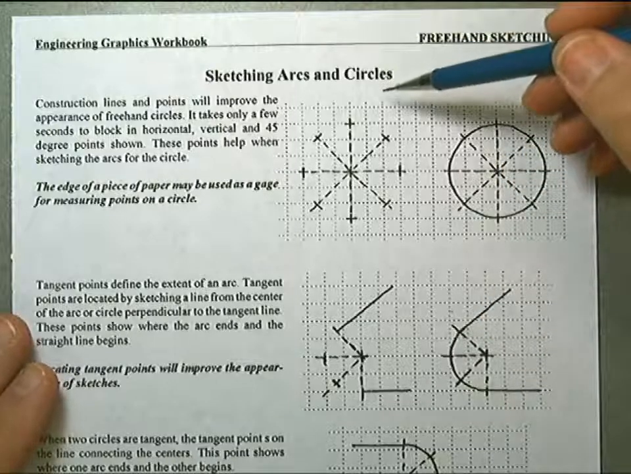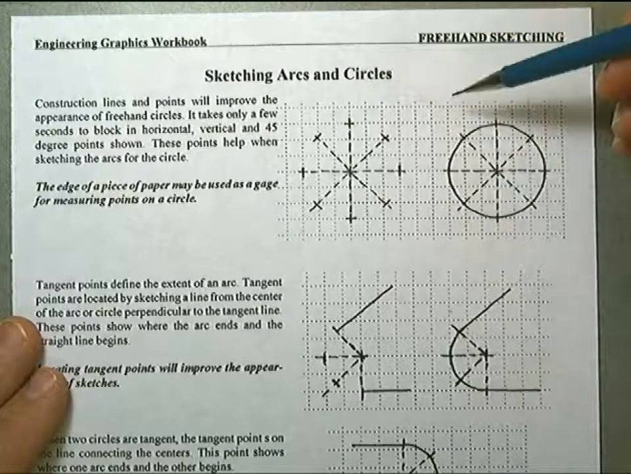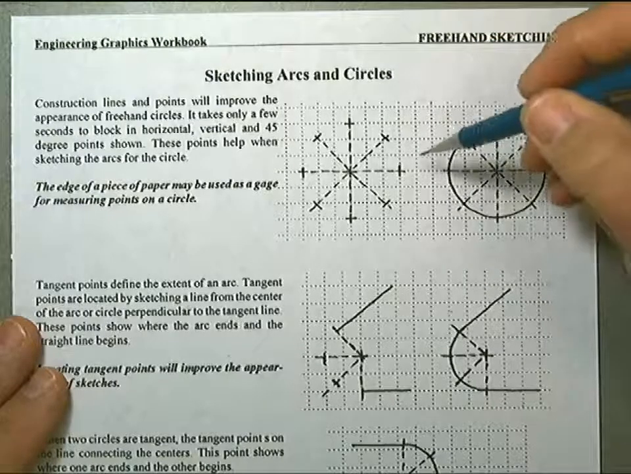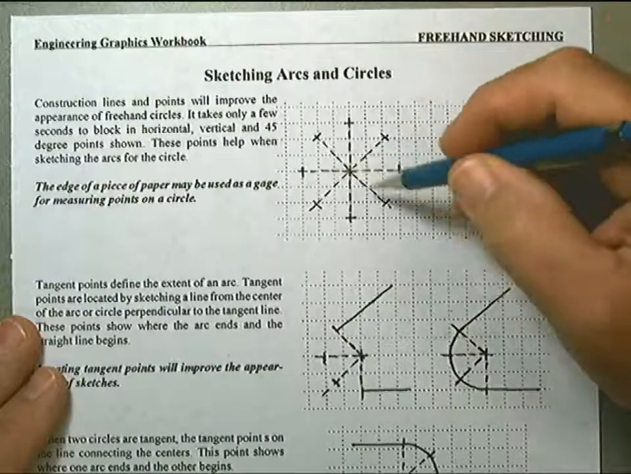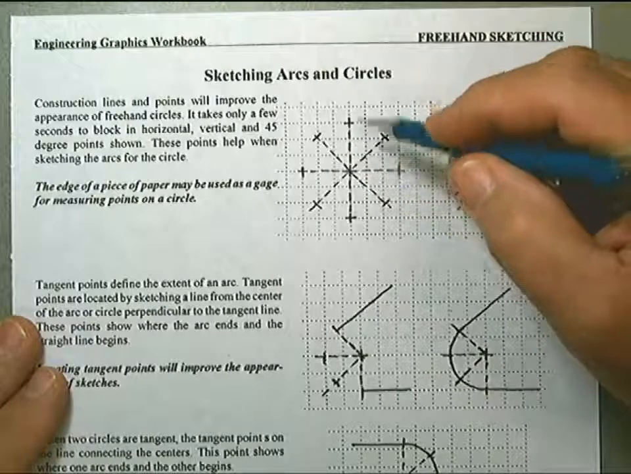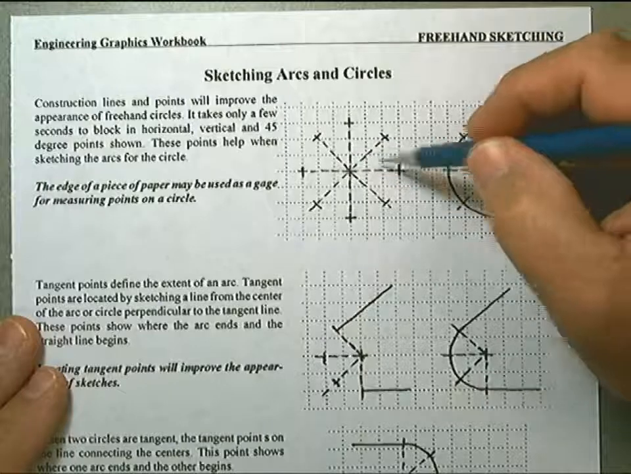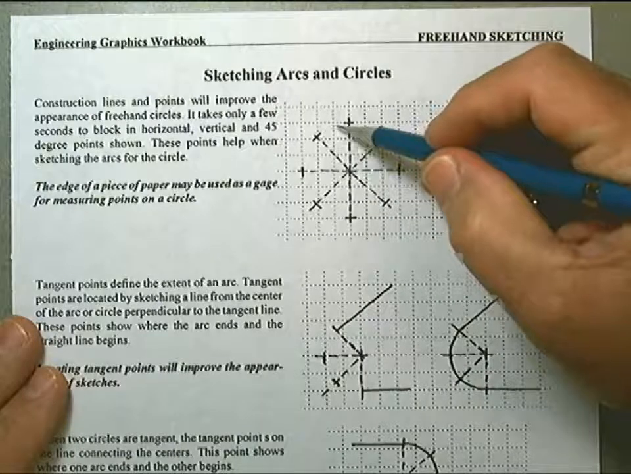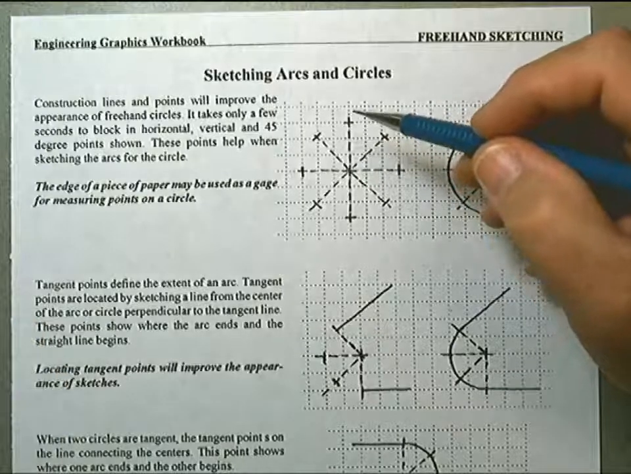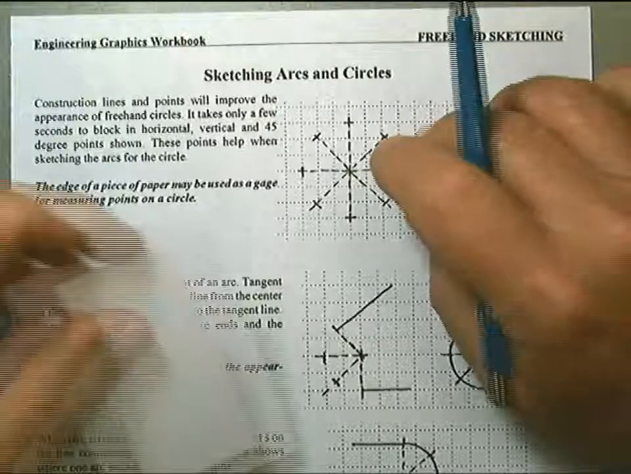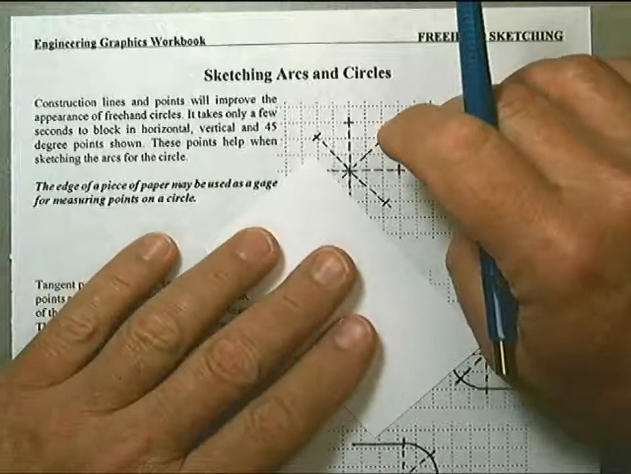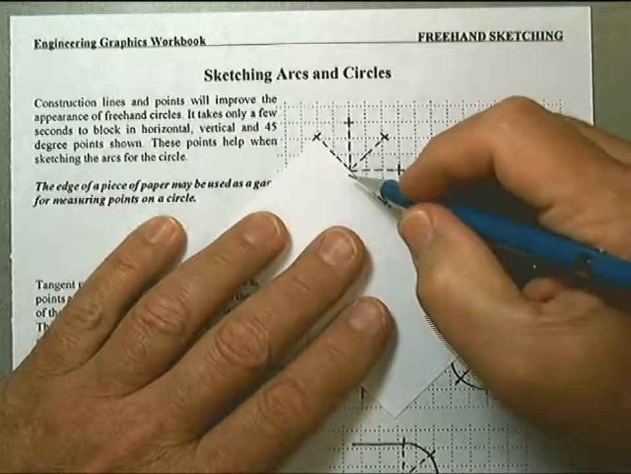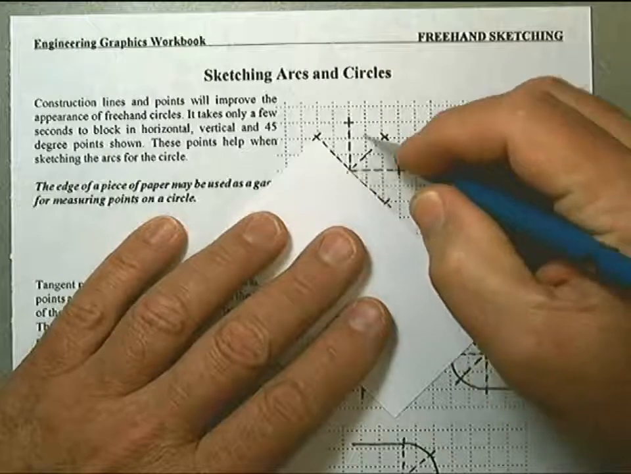Now we begin looking on page 3, sketching arcs and circles. There's a couple of techniques for doing that. This one is the simplest, where you will find the center where you want to place the circle. You will then take a piece of paper. I'll use my business card here, the back of it. And once you know your diameter, you will find the center, the radius,